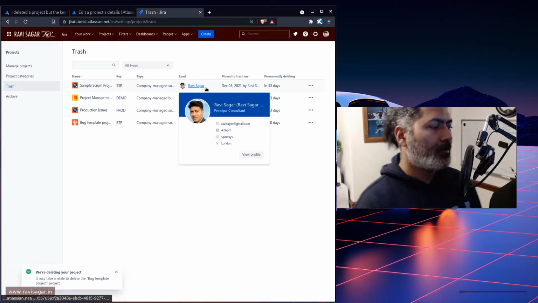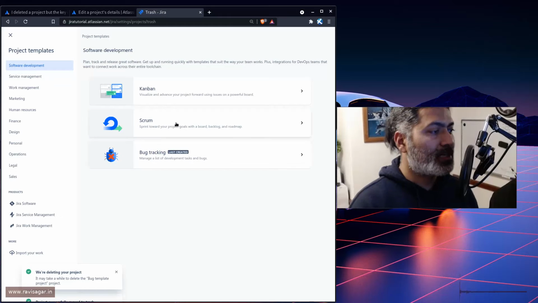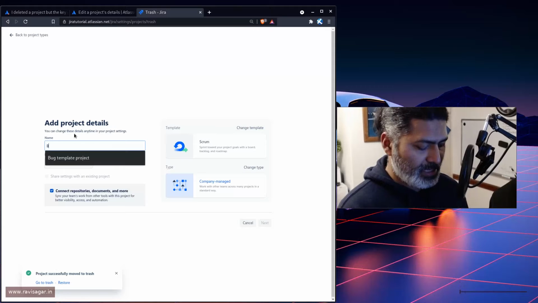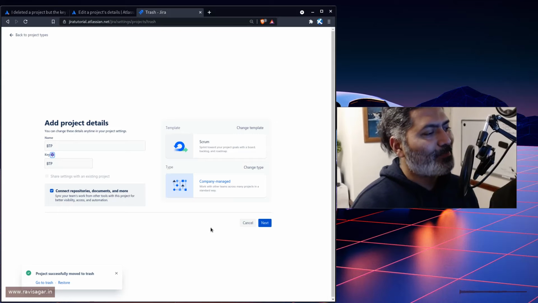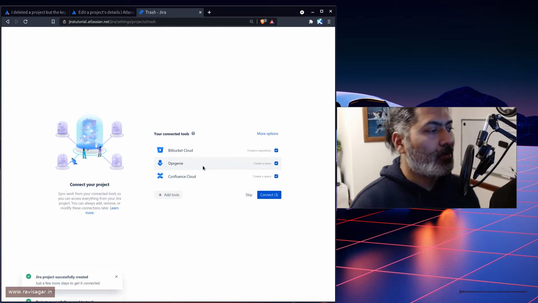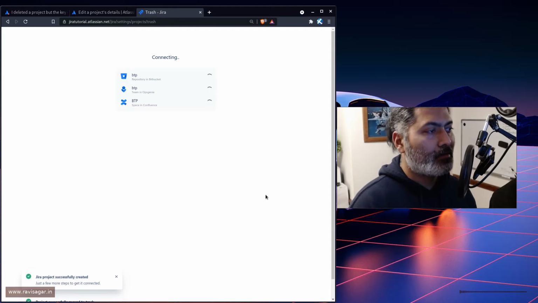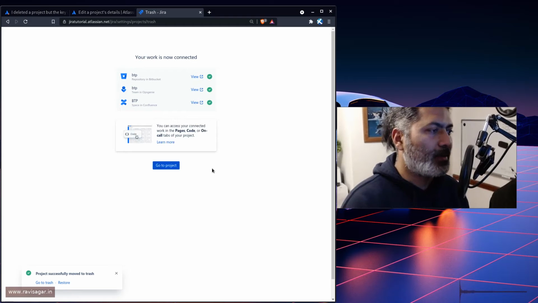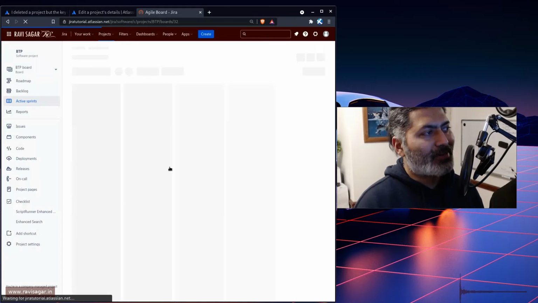So let us get rid of it, and if you now go to the projects and create a project, Scrum, use a template and company managed BTP, okay, now I think it will work. So you have to basically delete the project also from your trash for this to work. And connected tools, okay, let us connect, and it will probably take maybe 30 more seconds, but okay, go to project, and it will basically create the